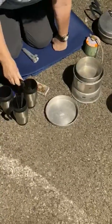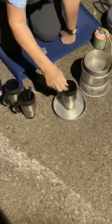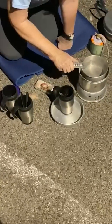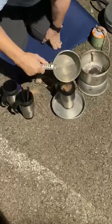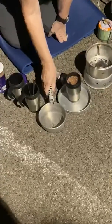Tip for campers: if you stand your cup in the middle of your lid, if you spill any water, you can tip it back in, so you don't waste it and also it doesn't go everywhere. So very carefully top up the cup, put that down somewhere that you're not going to burn it,